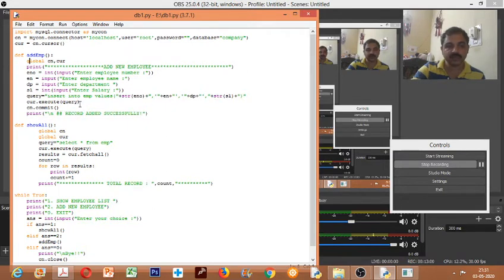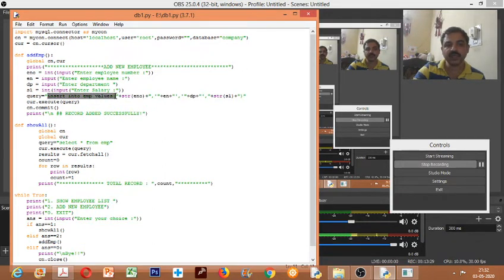Okay, so when the program runs, first it shows the menu, then the user chooses the option. Depending upon the option, it goes to the corresponding function. If the option is 2, then it goes to the add emp function. There the user enters the employee name, employee number, department and salary. Those details are sent to the table through a query.